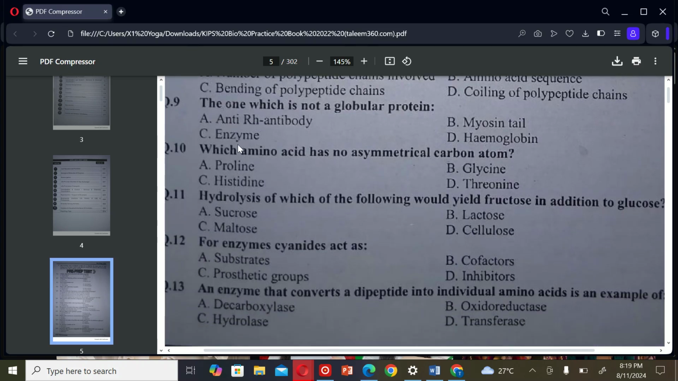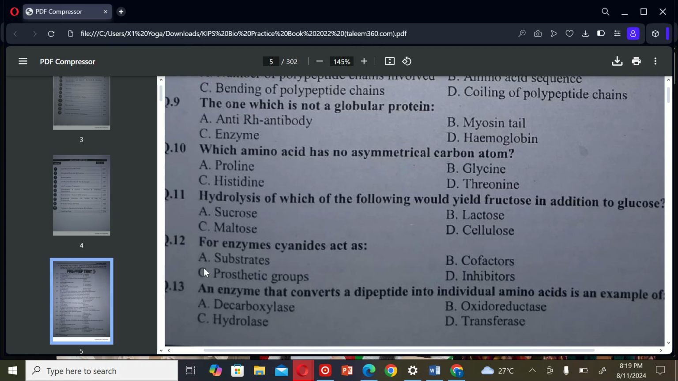The next MCQ is: which amino acid has no asymmetrical carbon atoms? A. Proline, B. Glycine, C. Histidine, and D. Threonine. The correct option is B. The next MCQ is: hydrolysis of which of the following would yield fructose in addition to glucose? A. Sucrose, B. Lactose, C. Maltose, and D. Cellulose. The correct option is A. Sucrose. The next MCQ is: for enzyme